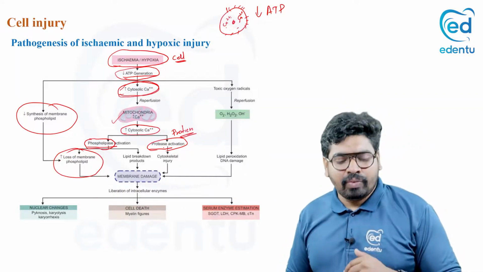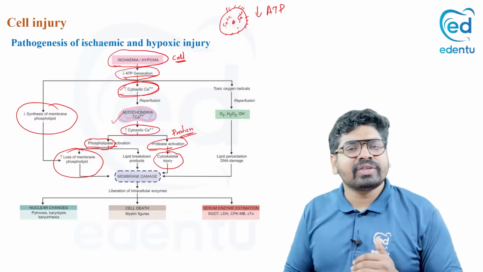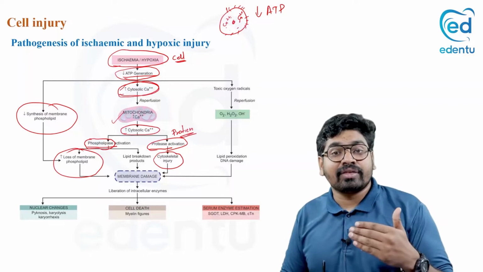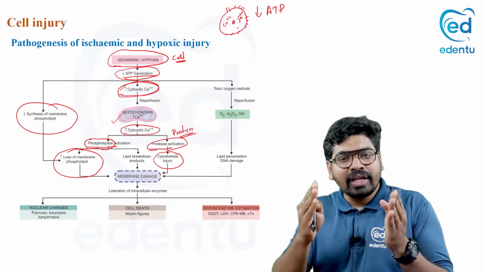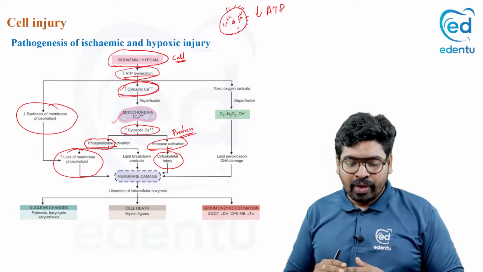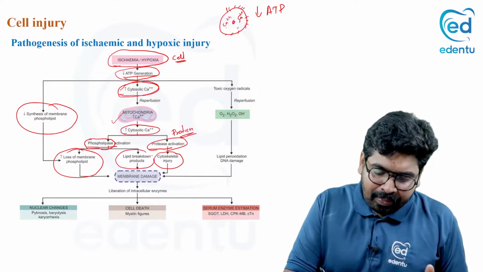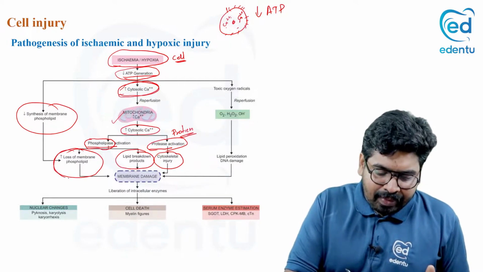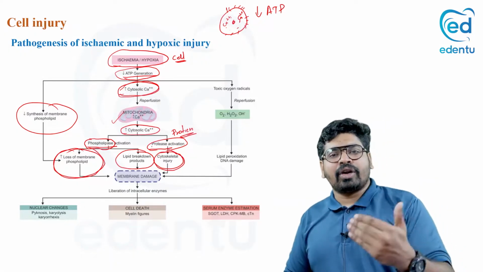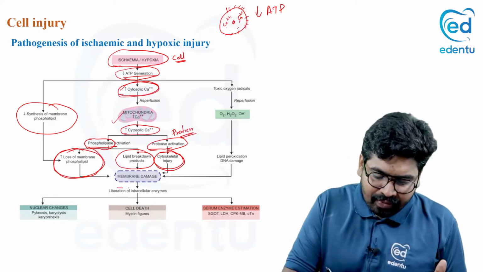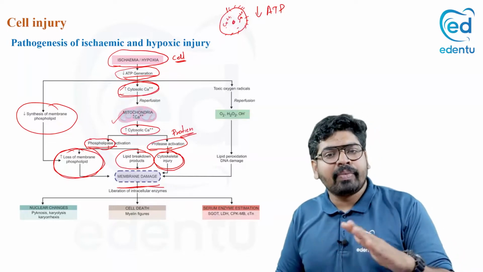And what happens next? What does the protease do? The protease will break down the cytoskeletal proteins in the cell. What are the cytoskeletal proteins? Your keratins or tonofilaments, all the protein components in the cell are broken down. The phospholipase will break down the lipid products, your phospholipid cell membrane is also broken down, and the protease will break down all your cytoskeletal proteins. Eventually, the cell membrane is destroyed.